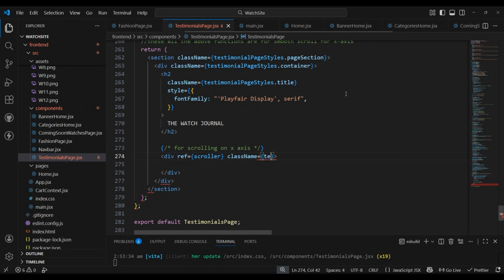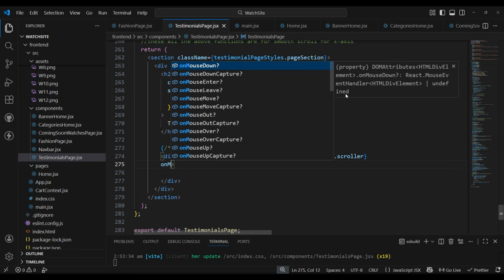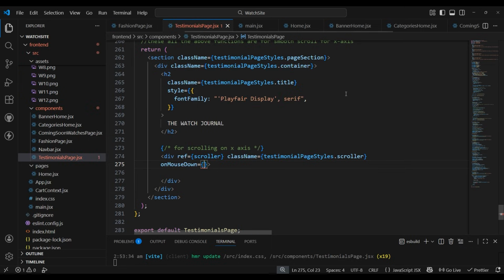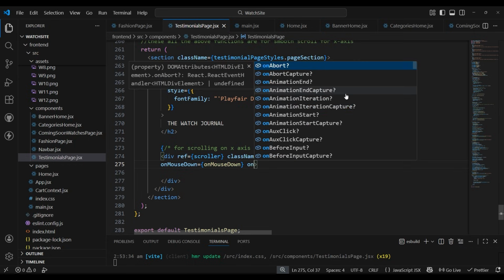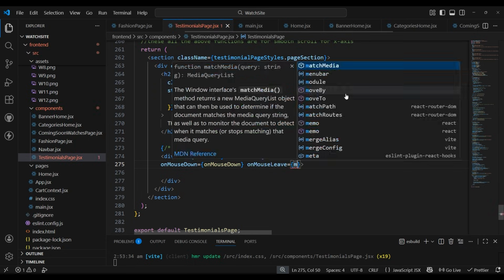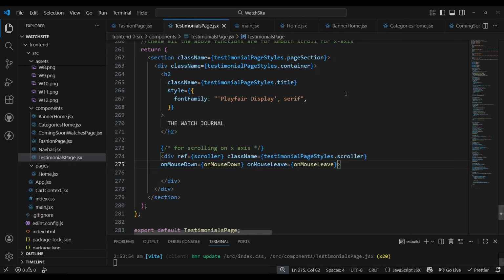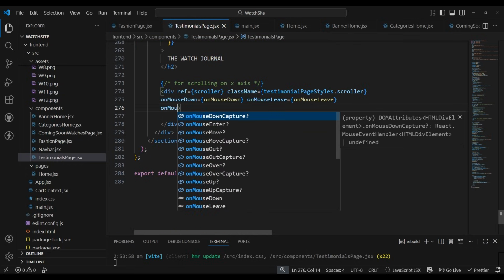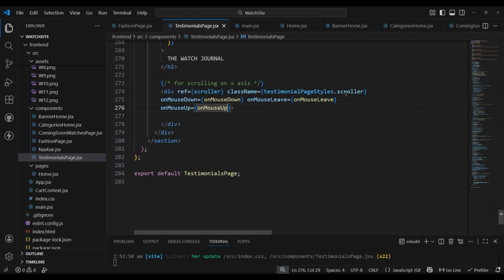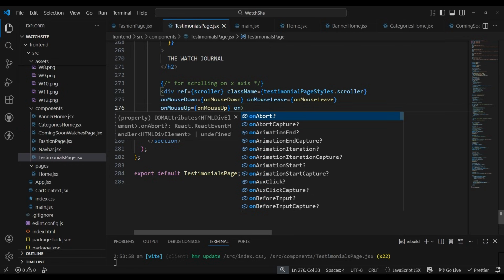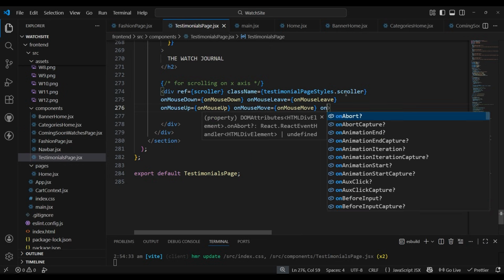Then our div class name here will be testimonialPageStyle.scroller. Then onMouseDown will be our onMouseDown here. Then we have to pass the onMouseLeave, that is the onMouseLeave. Then onMouseUp function will be passed over here. Then the onMouseMove, that is to move the mouse from left to right, will help you